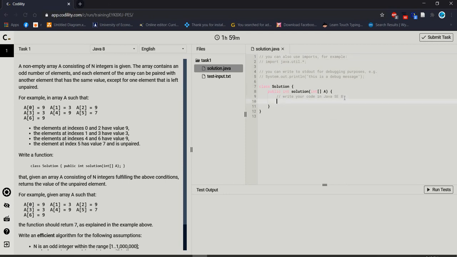To get the unpaired element, at first we have to define one variable. We need unpaired, so I can write unpaired equals 0. We don't know what the unpaired value is, so we can define it this way. Later, we can use a for loop. Data type is int, i equals 0. It will start counting from index 0. Then i is smaller than